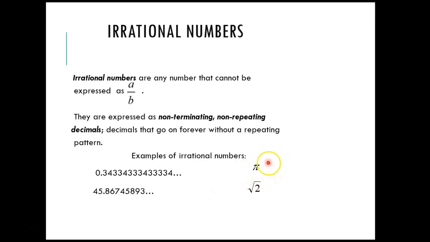Pi is one of those special numbers. Remember, it never ends, it never stops, and there's no determined pattern. Some of you guys know the first few digits, like 3.14, but that keeps going on forever, so it's irrational. The square root of 2. That is not a perfect square. If you take the square root of 2, you're going to get a decimal, and it's non-terminating, non-repeating, so it's